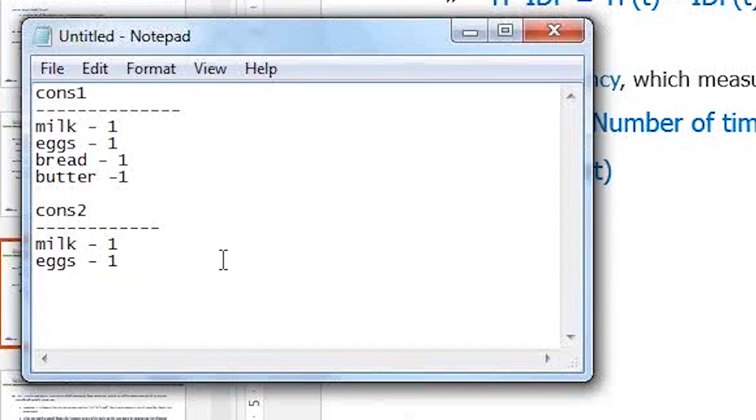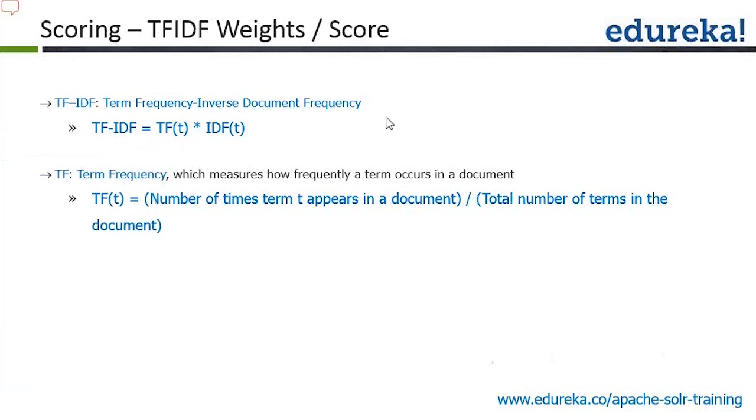Absolutely. So inverted document frequency is nothing but the inverse. You just divide 1 by the document frequency, and you get the inverted document frequency, as simple as that. When you multiply term frequency and inverted document frequency, you get TF-IDF. That is what we call the weight or score. A very simple mathematical function which is used to derive the